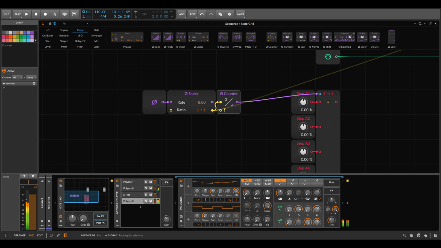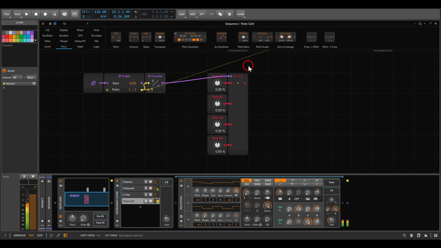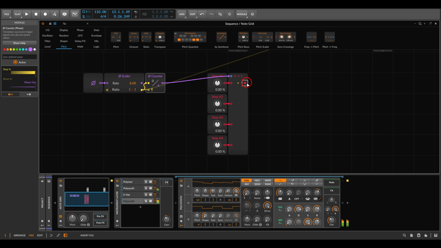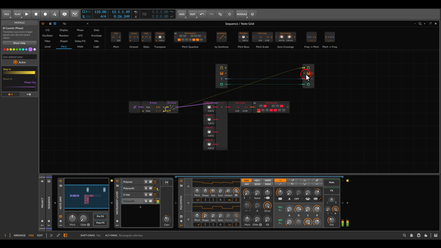Right, and now we need also to connect the pitch from the sequencer that we've built. So first of all, I will use the pitch scaler just to make it easier to stay in a certain range. And actually I will take this also an octave up. So we have C3 to C5. And also I will use, of course, a quantizer, the pitch quantize, so I can stay in a certain scale. I will just select the notes that I want. These will be the notes that we will use. Right, and this will go to the pitch output actually here that will sequence our voice. So if now I hit play,